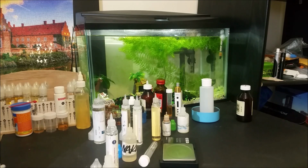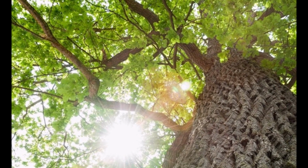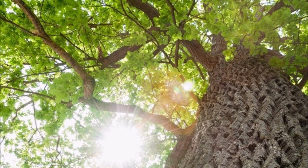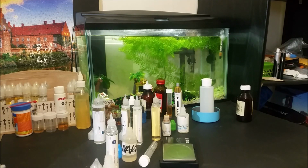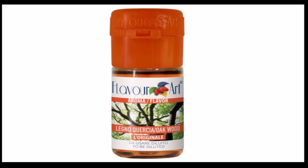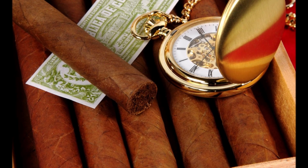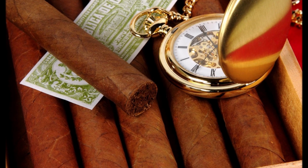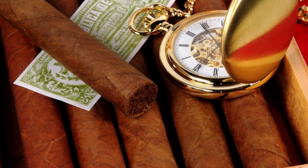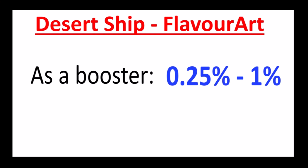Until one day I was out of FA's Oak, so I decided to use Desert Ship at 0.5% in a recipe that had DFA's RY4 as the main tobacco. To my surprise, Desert Ship worked better than Oak in this case, and not only added an earthy taste to the mix that I was looking for, but also made the RY4 taste much richer. So number 1 for today is FA's Desert Ship, to be used from 0.25 up to a maximum of 1%